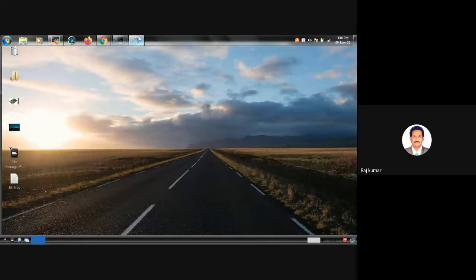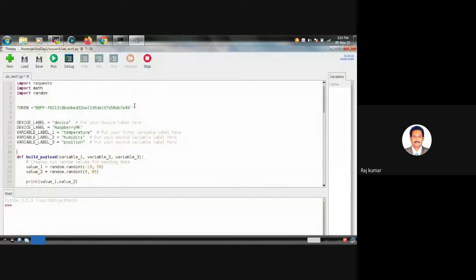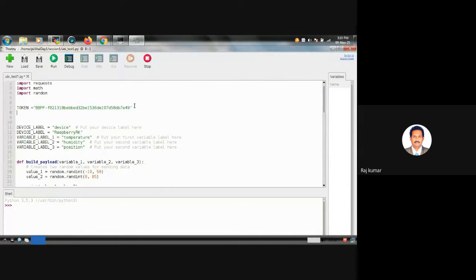Now go to Thonny Python. This is the actual value which I have to replace the previous one with. So I have many accounts. Because of that, I'm using this one. I'm putting the previous one as a comment.